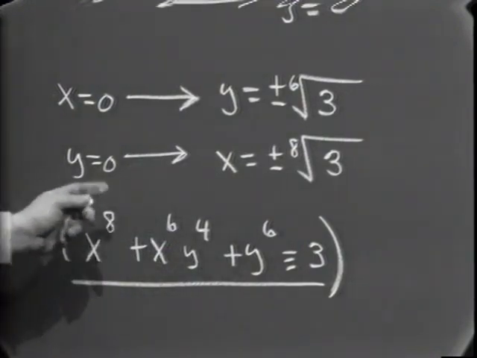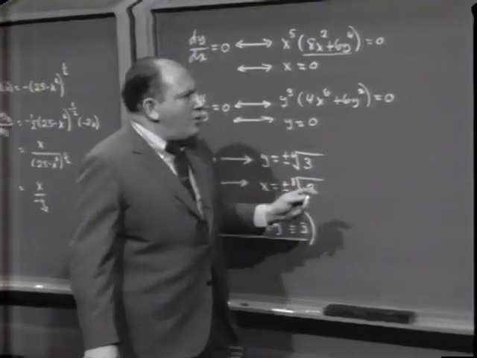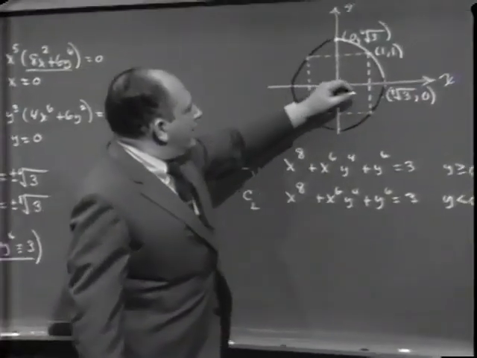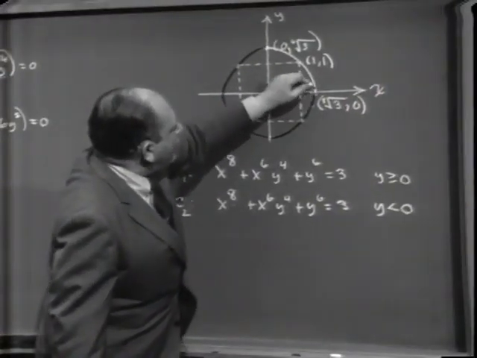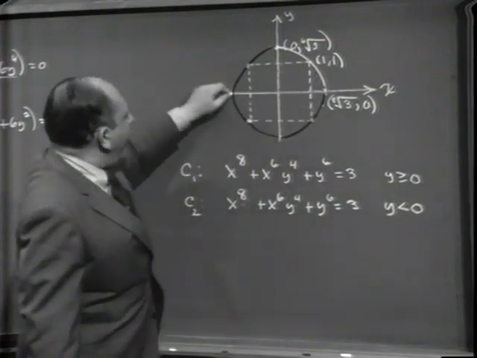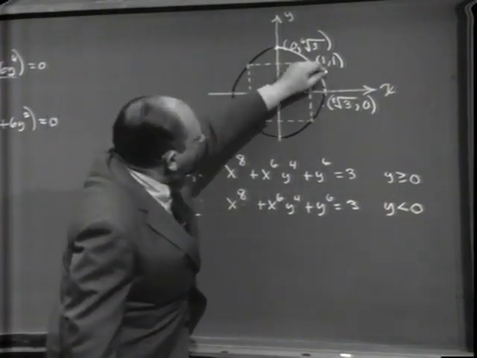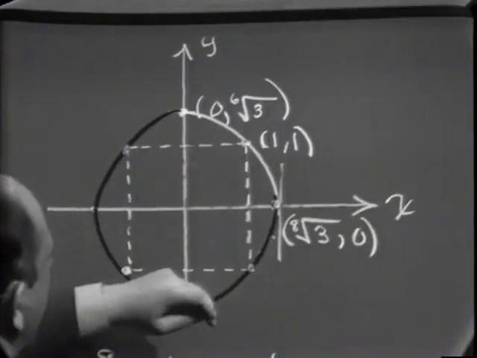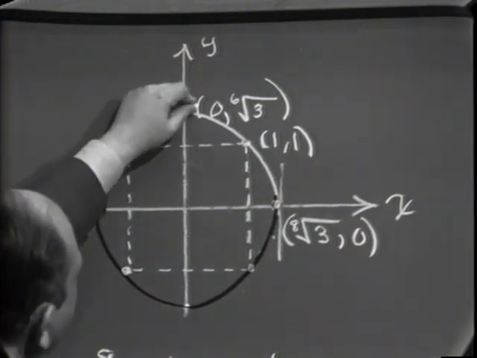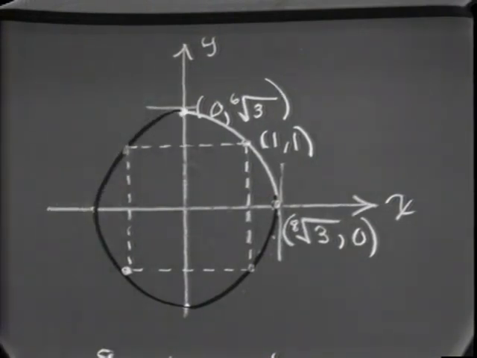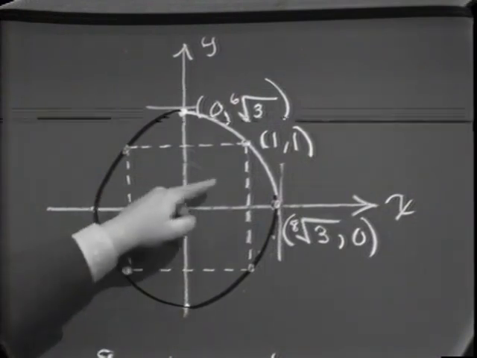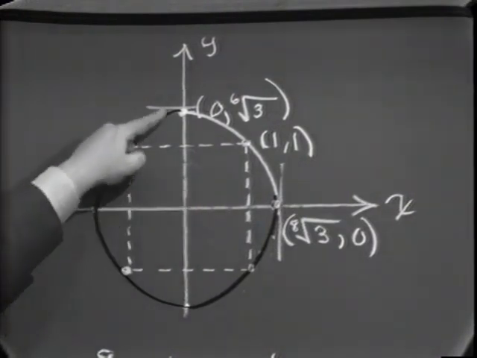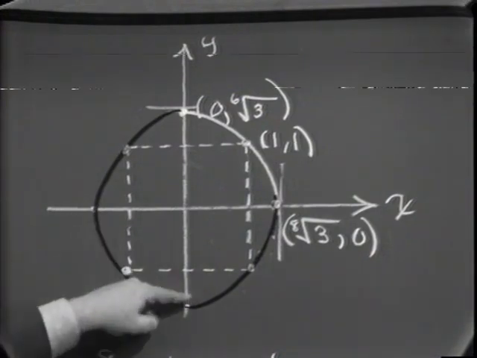Coming over to a graph here then, what we see is that the curve crosses the x-axis at this point with a vertical tangent. It crosses the y-axis at this point with a horizontal tangent. Okay? Notice, by the way, that this curve is also symmetric with respect to both the x and the y